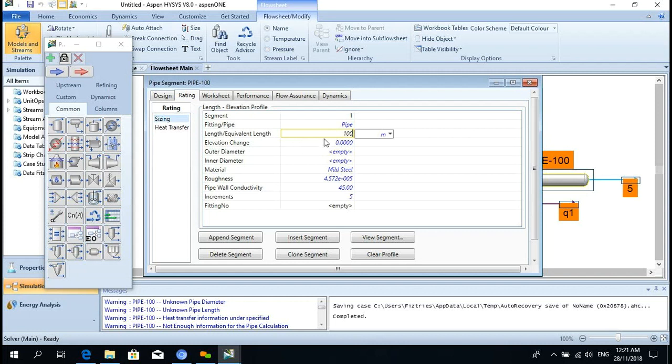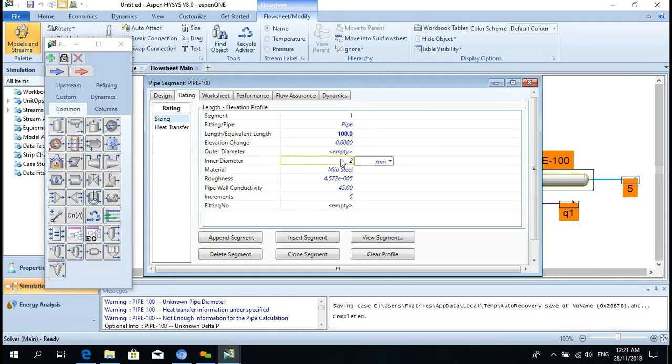Now elevation change means whether it is going up or down or not, right? So keep it 0 for horizontal. For inner diameter, go in inner diameter, because we already provided the ID.